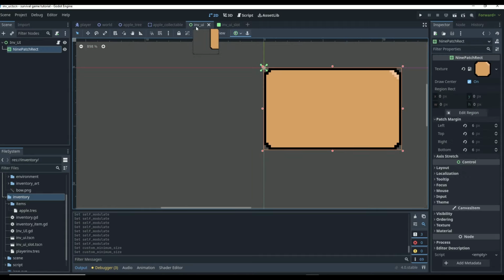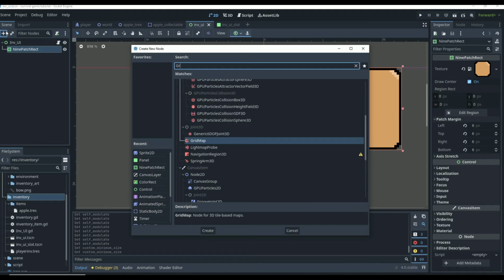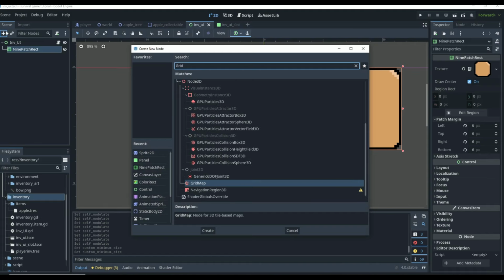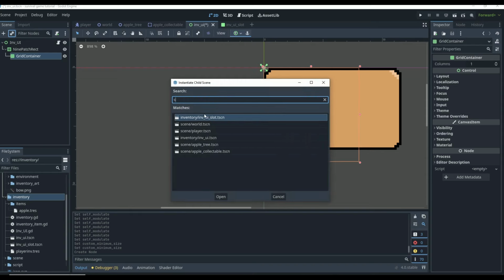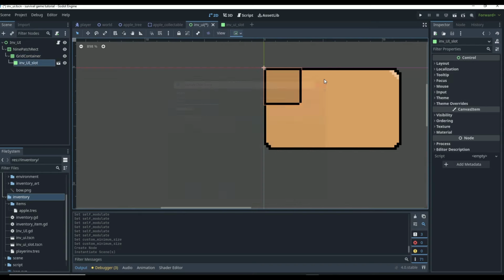So if we go to our inventory UI, then we go to our 9-patch rect, and we're going to add a grid container. This is so that our slots will show on our inventory. If we add this to our grid container, then we can instance 12 slots as the child of this grid container. That's going to be a lot. But if we click on this instance button, and then look up our slot scene, we can instance this slot, and then we can copy